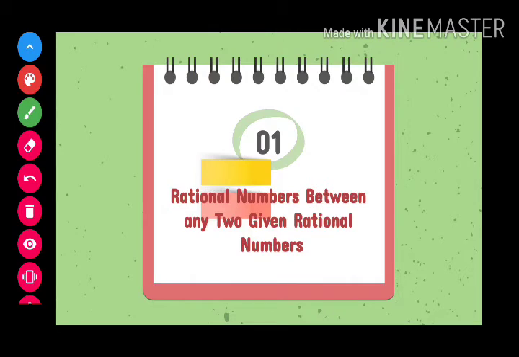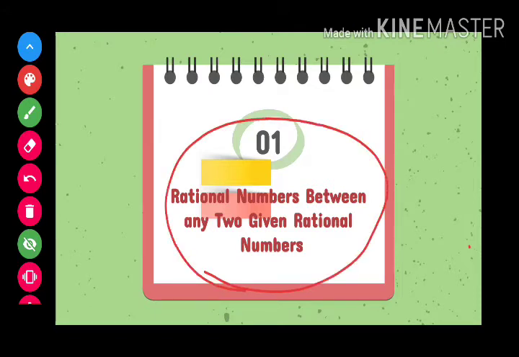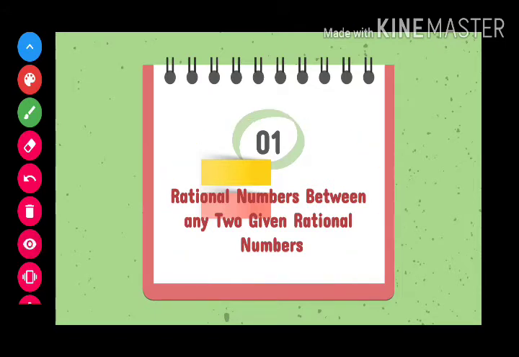As shown in the video, a boy goes to a fair and finds a magician's stall. He goes to the magician and the magician asks him to choose a number between 1 to 10. He thinks of a number and the magician is able to identify the number correctly. Again, when the magician asks him to choose a number between 3 by 4 and 4 by 5, the boy couldn't find a number between them because he doesn't know how to find a number between two rational numbers. If you were in the boy's position, you might also not be able to find a number. So what we are going to see in this chapter is how to find rational numbers between any two given rational numbers. So let's get into this.